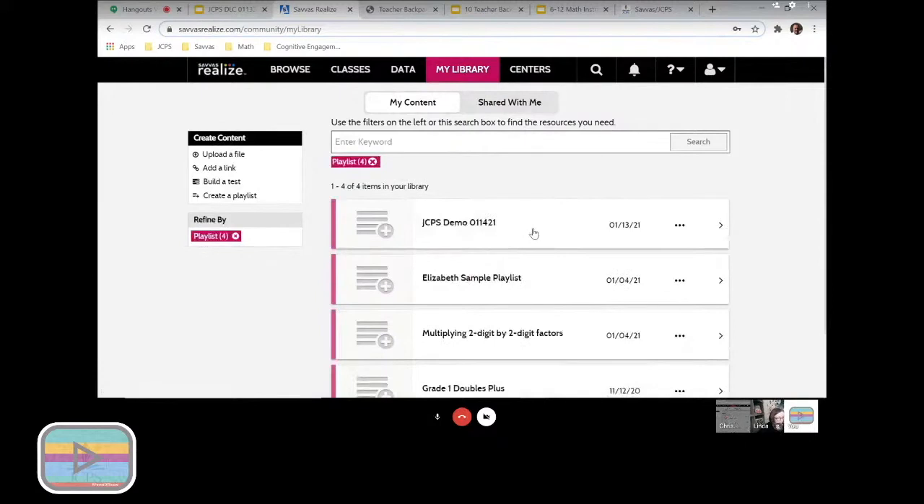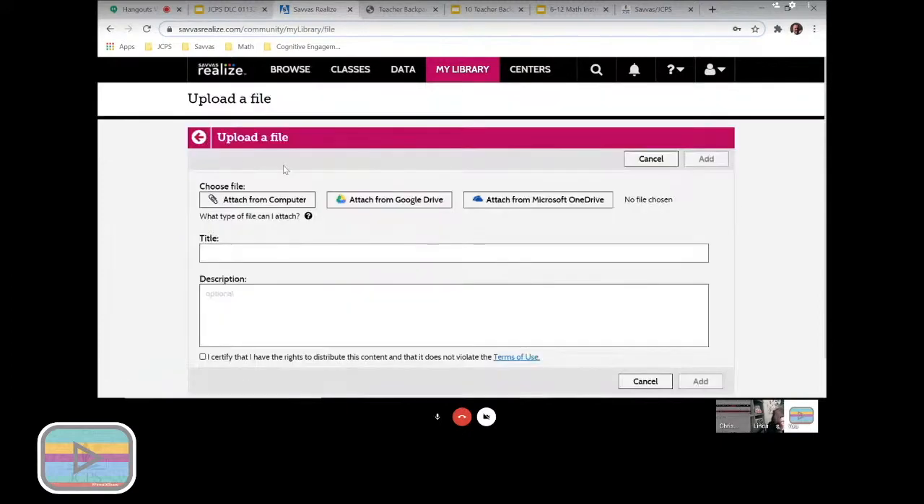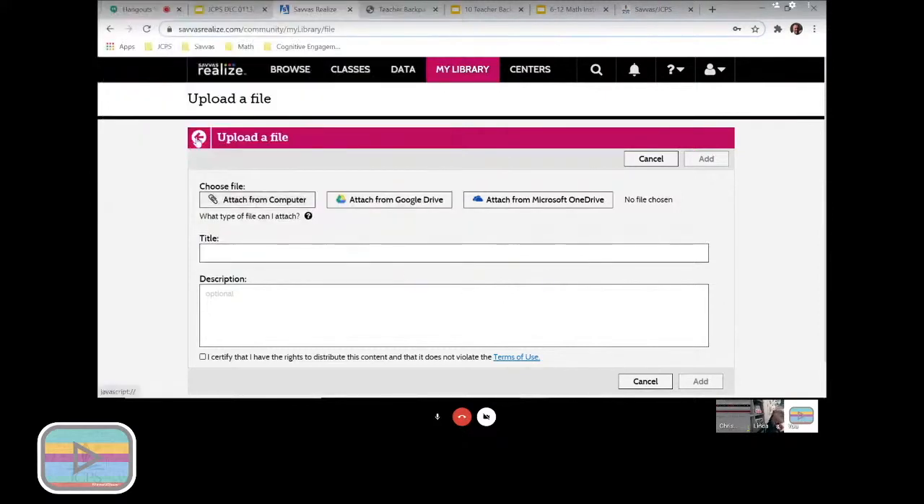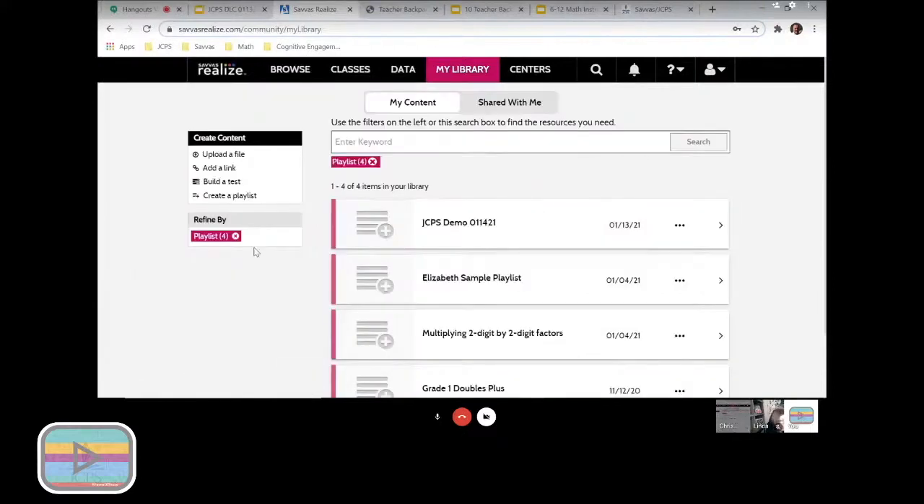One other thing about this, okay? We can upload files into a playlist from your computer. SAVVAS gives you the capability to do that. You're simply going to go over here, choose a file, attach from your computer, find the file you want, and insert it, and it's going to be in your playlist. Okay? Another great tool we have that takes a little time is